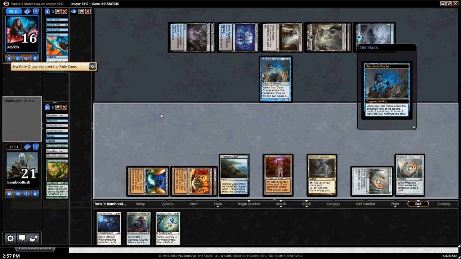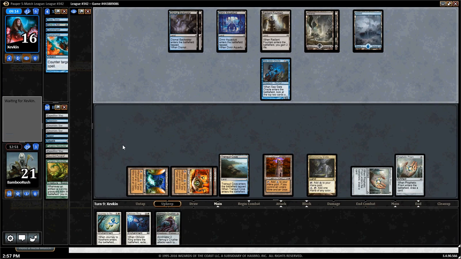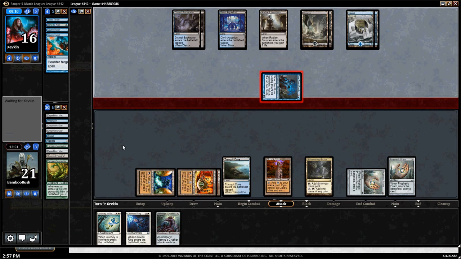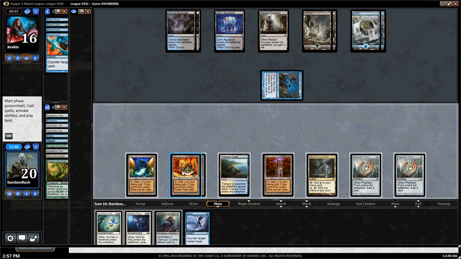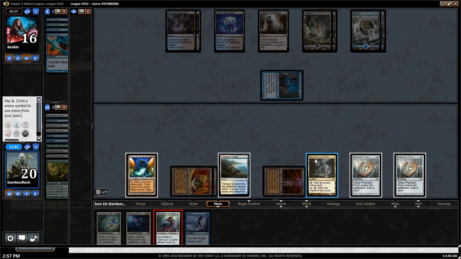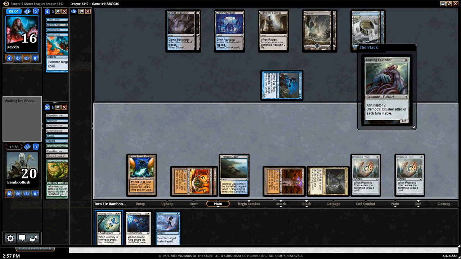He also has Capsize again, which is now going to be a huge problem. But Seagate Oracle Beatdown is not very fast. So we have a Dispel now. So we can basically do everything. I kind of need to kill the Capsize, though. I can't kill a Counterspell. That Capsize is a bigger threat than anything, so...